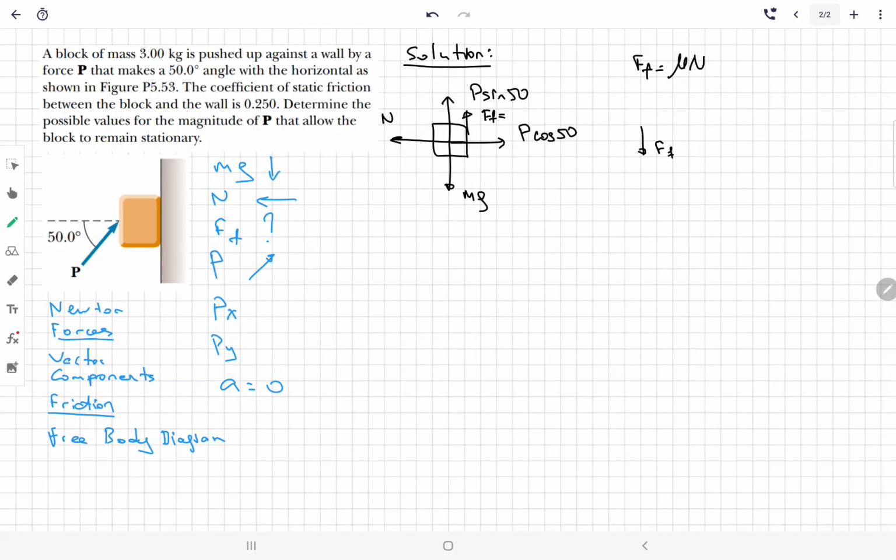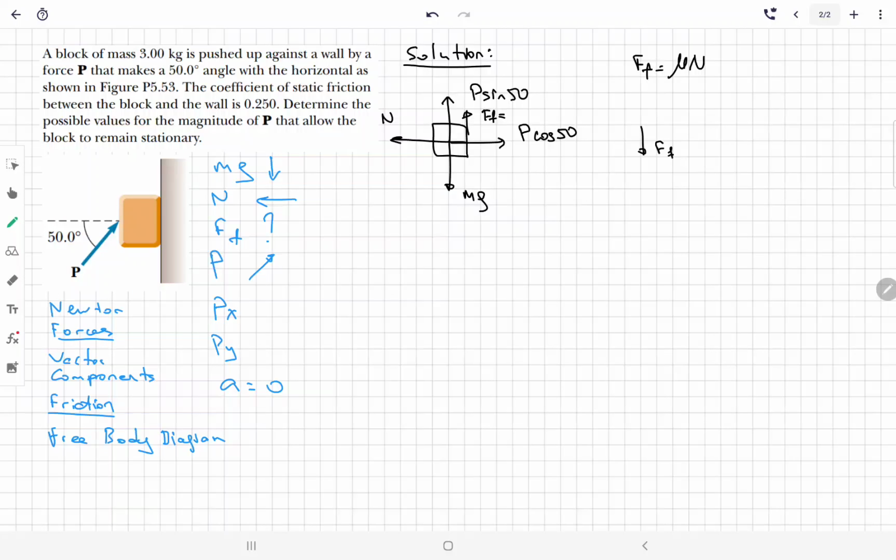Any value between these two values, minimum P and maximum P, will still be at rest. Maybe the friction force may not reach its maximum value, but it's okay, it will still be at rest. So let's start with the first case, when the friction force is upward,